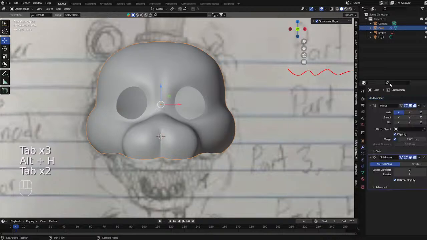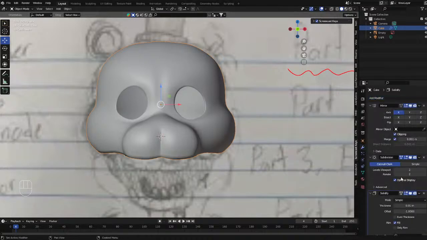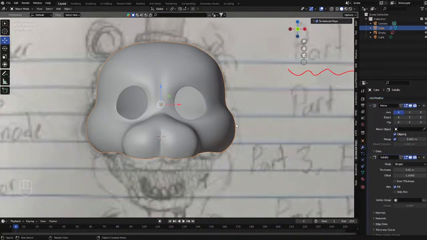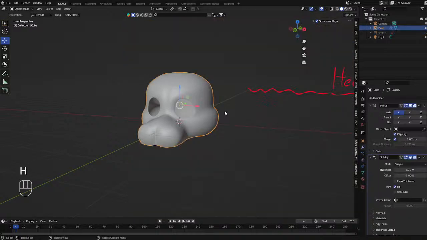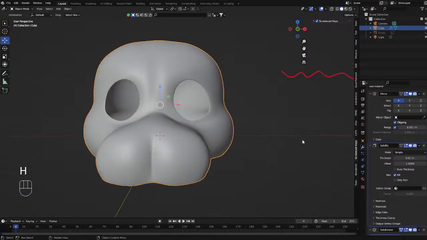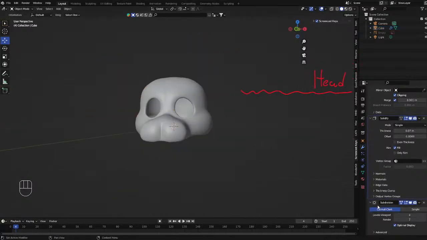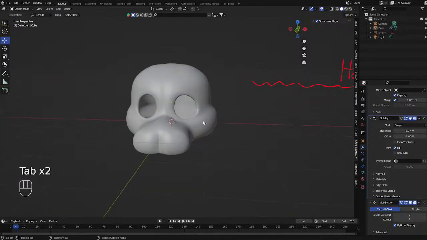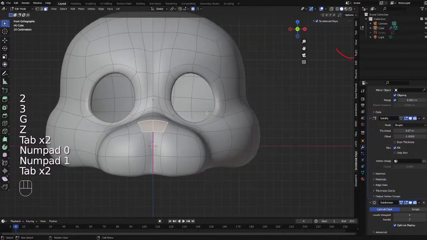So we're gonna go to modifiers, add modifier, and under skin, above subdivision, add solidify, and drag it over subdivision surface, because it acts kind of like you're making a cake. So solidify will be like the base, and then it adds the subdivision after it. I'm just yapping, but